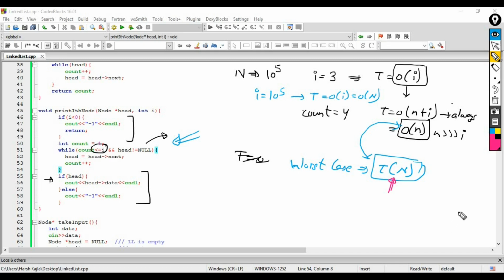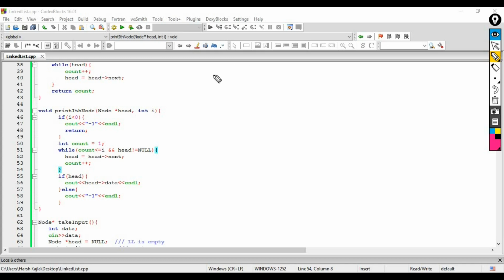Now let's dry run this code one more time where this condition will become false, when the value of i is basically valid, so that you can understand it better. I'm going to take a very small example. Let's say 1, 5 and 7 and null. This is my linked list and the indexes are 0, 1 and 2. This is your head, and let's say you want to find out the value present at index 2. So let's do that.